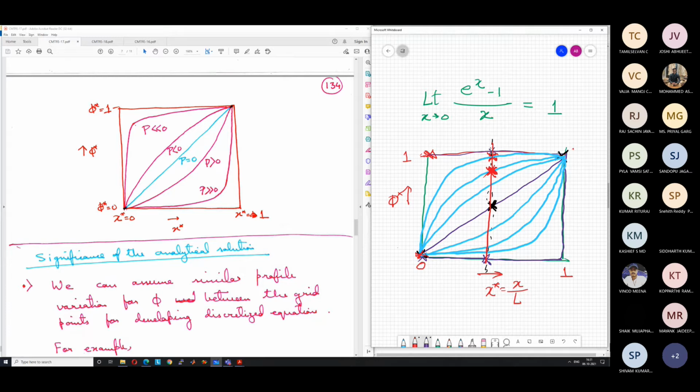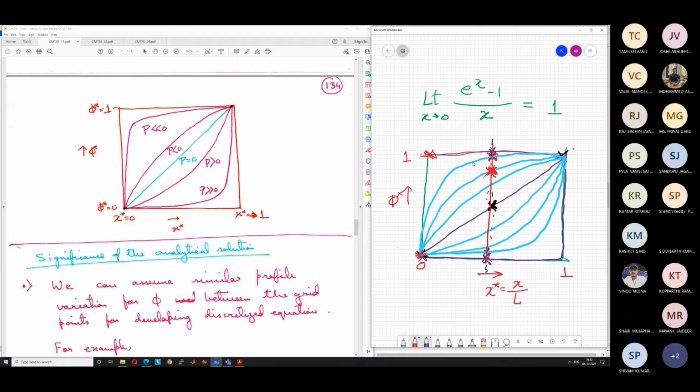So we see that for the flow part, the approximation that we have taken for upwind is quite accurate if the Peclet number is large, whether it is positive or negative. If the Peclet number is very large positive or very large negative, this value is quite near to the actual value. Similarly, this value is quite near to the actual value, right? So the upwind scheme gives us good accuracy in case of very large flows.